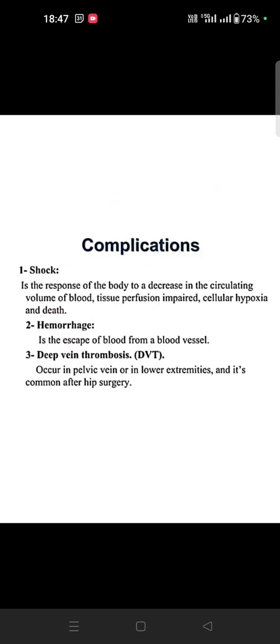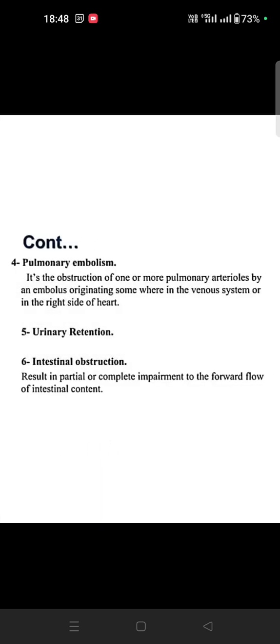Complications: shock is a decrease in circulating blood volume, leading to tissue hypoperfusion and impaired cellular function with hypoxia. It can lead to death. Then hemorrhage, which is escape of blood from the blood vessels. Then deep vein thrombosis in the pelvic veins and lower extremities, seen after hip surgery. Then pulmonary embolism, obstruction of one or more pulmonary arteries originating from the venous system, the right side of the heart. Then urinary retention, then intestinal obstruction, the result of partial or complete impairment of